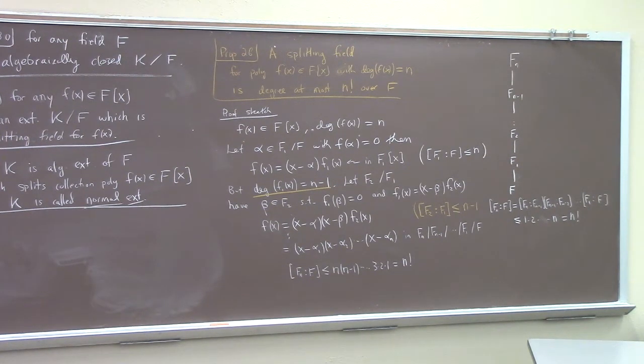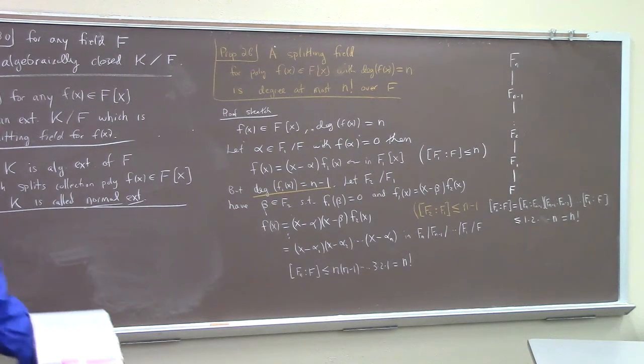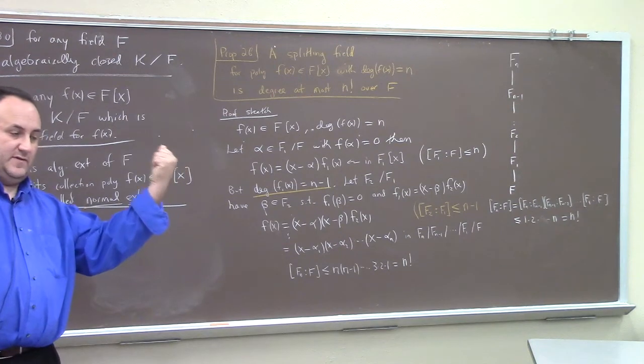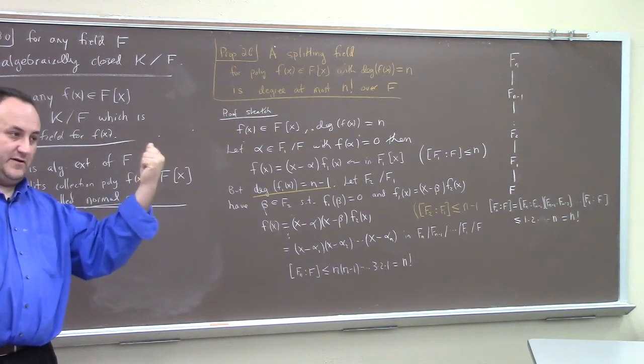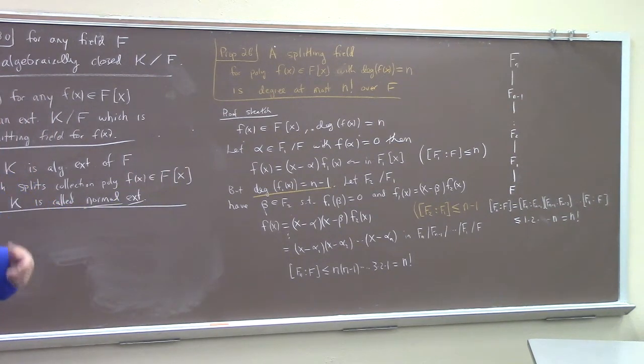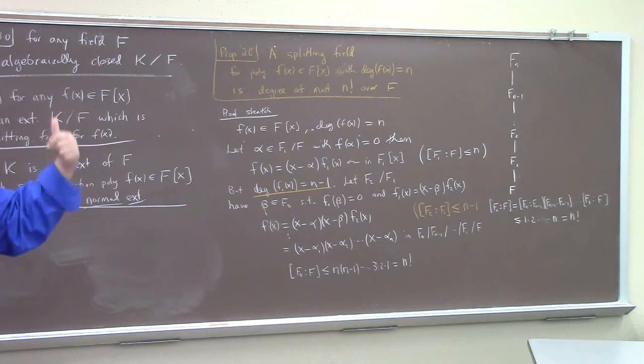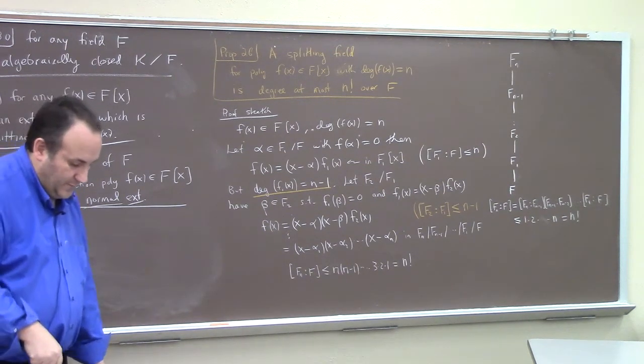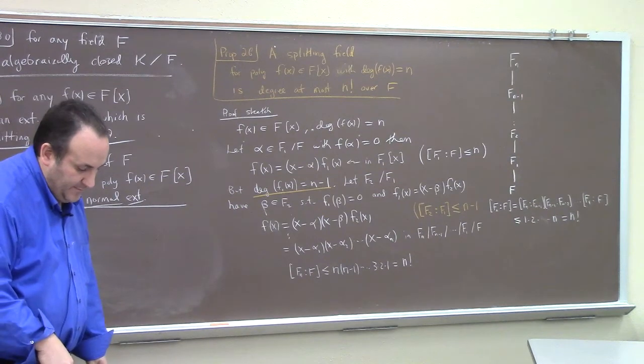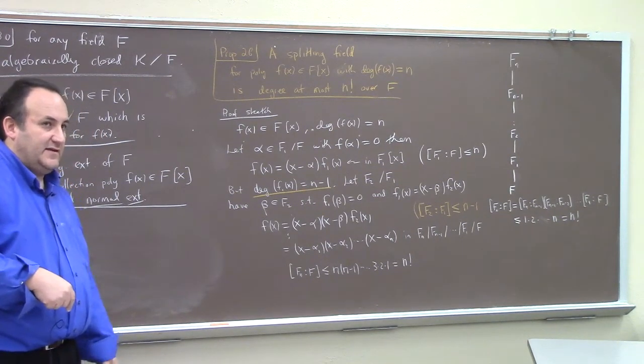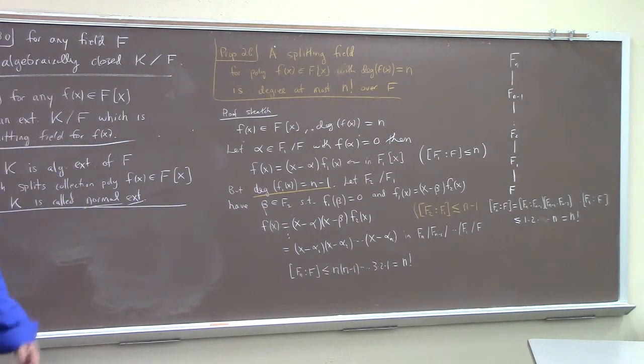But splitting is always with respect to a polynomial. So this field is split for f of x, and whatever it maps to, the image of f of x is also split over here for an isomorphic field, and the fields in which they're splitting are isomorphic. That's theorem 27. And one of the things that says then is that it implies